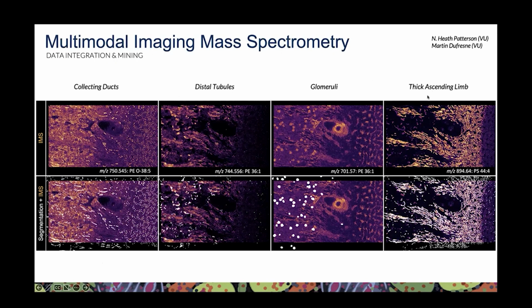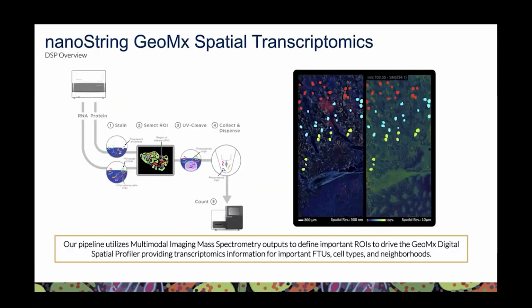And again, the whole point of this is that we can link lipids and metabolites to the specific ontologies, in this case for the kidney. And you'll hear about some of those tools from Katy. And last thing, again, to kind of bring home this kind of multimodal nature of what we're trying to accomplish